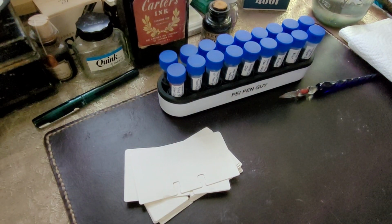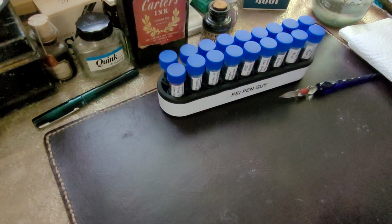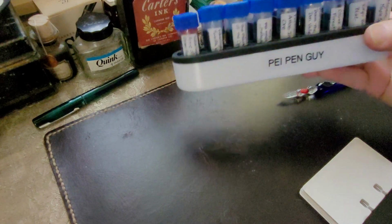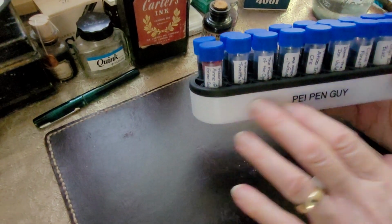Hello, everybody. Today I'm going to be looking at a selection of inks that I was recently gifted. And the nice thing about this is there's actually a few inks in here I was really wanting to try. But also the cool thing is the person who gave me this, Becky Tozer Ferguson, gave me this nice